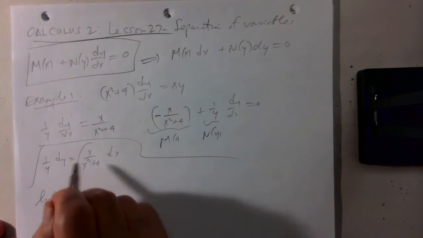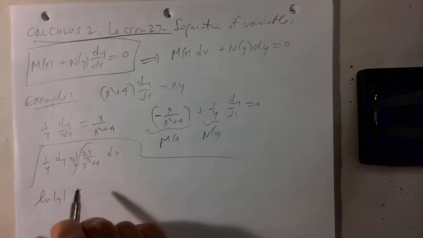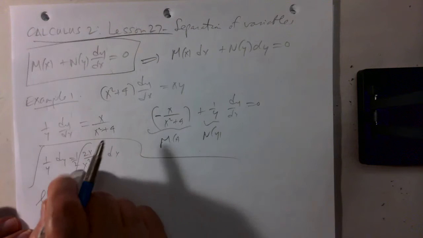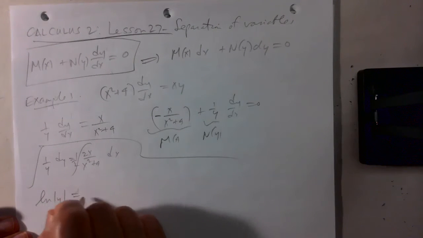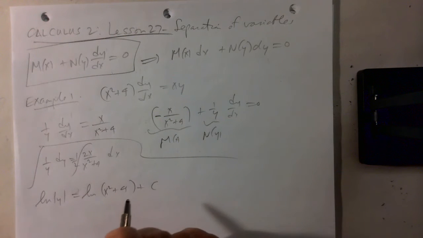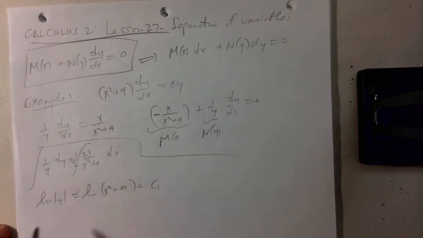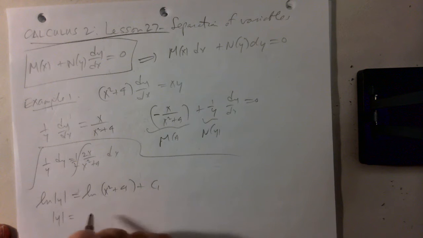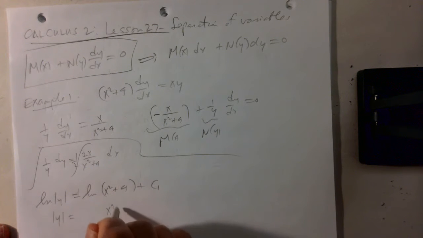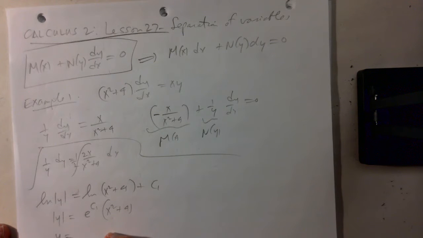The integral of this, if I multiply and divide by 2, is the natural log of x squared plus 4 plus a constant. So if I exponentiate, I get the absolute value of y is x squared plus 4 times e to the c1, or y is plus or minus e to the c1